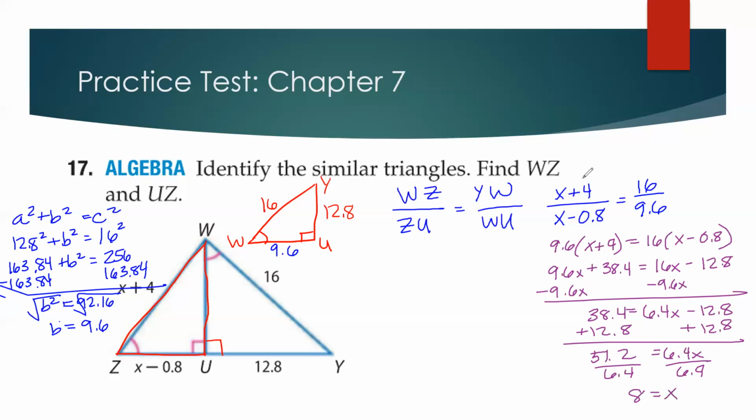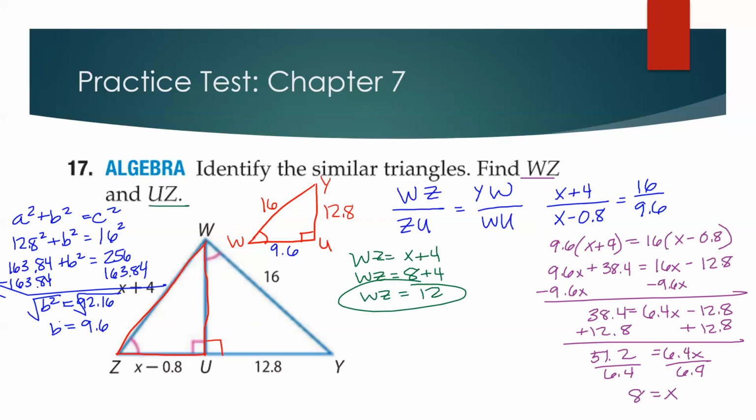Okay, well that's helpful, but remember I need to find WZ. Well, I know WZ is equal to x plus 4. Okay, let me change colors here. So I know that WZ is equal to x plus 4. Well, I just figured out that x is equal to 8. So it's going to be 8 plus 4. So WZ is equal to 12. Okay, so I found WZ. Now UZ,